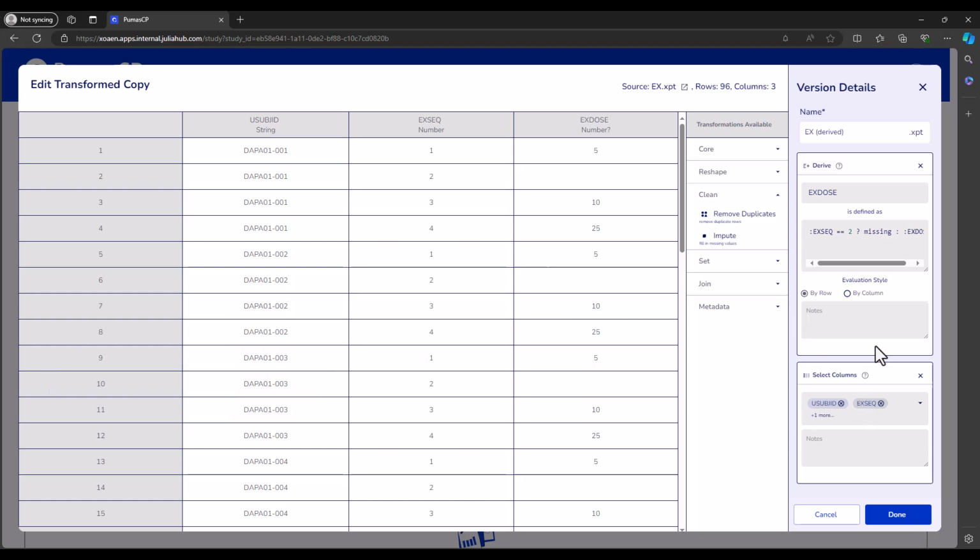So what I've done here is I've performed a basic transformation, and here I've selected important columns and then replaced the EX dose column. So this was already there. What I've done is wherever EX sequence is equal to 2, I've kept that particular EX dose value as missing, and all others are as usual. So let's try to impute this missing value using the different methods that I just mentioned, using the impute operation